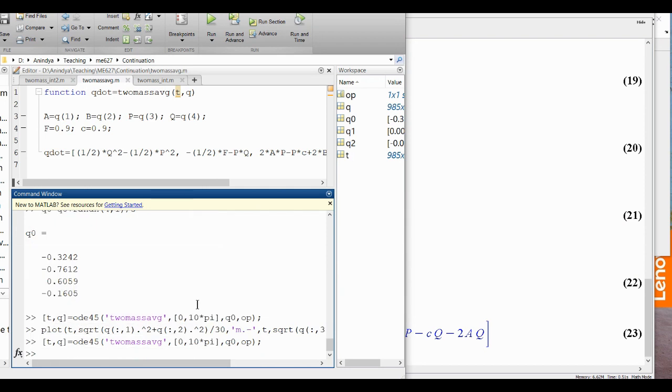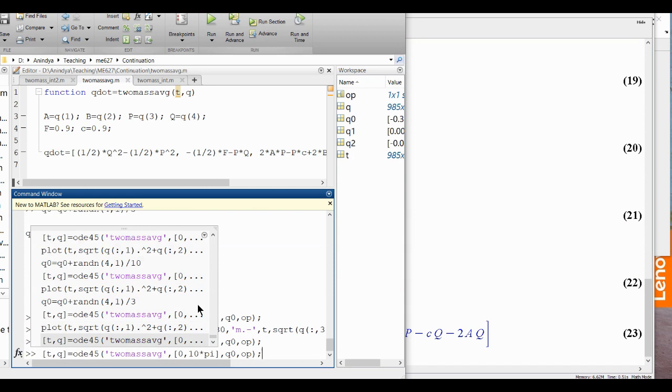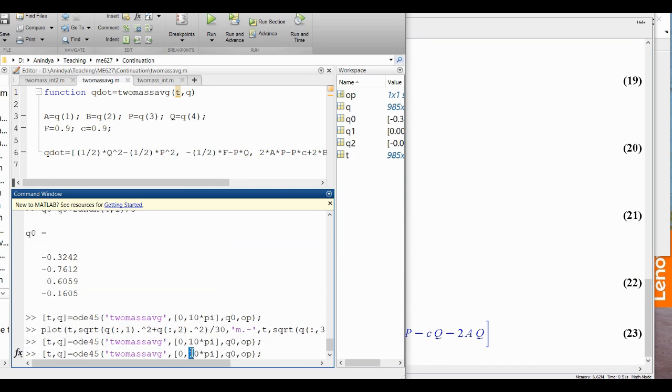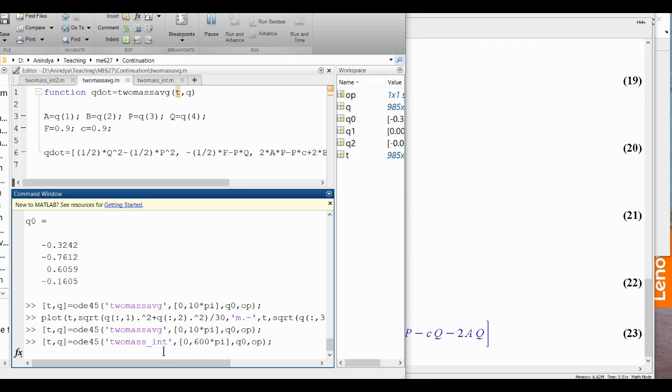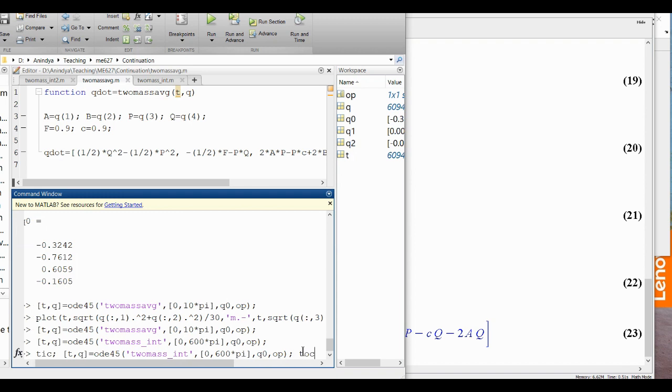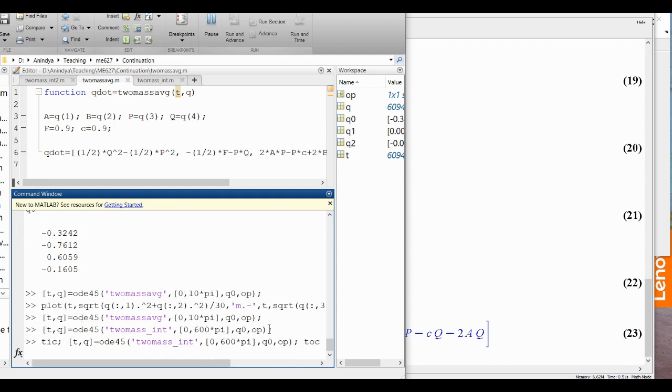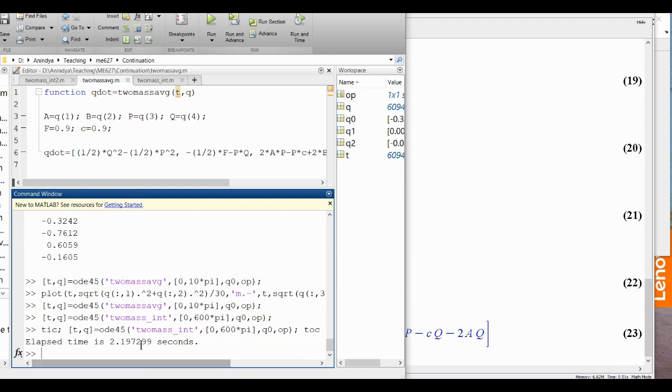While over here, when I was doing this, let us say with 600, it was taking quite a bit longer. So we can actually measure it. MATLAB has a nice command. So that took about 2.2 seconds for the original full equations, while